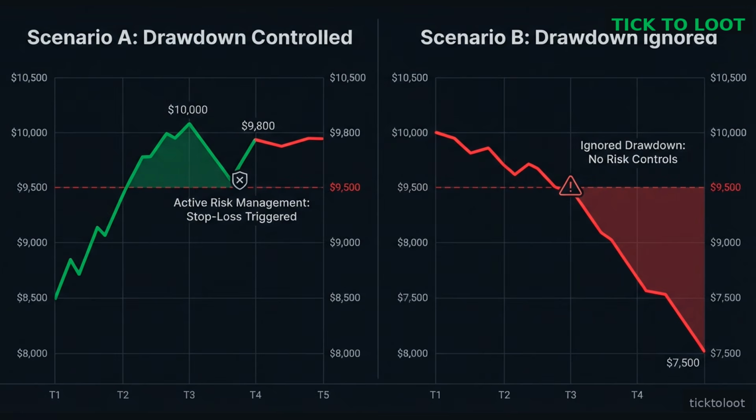Treat drawdown limits as non-negotiable traffic rules on the road to trading success. Set them, respect them, and let the system protect you before emotions take over. Even if you feel confident, the market can turn on a dime, and a disciplined drawdown control system is your